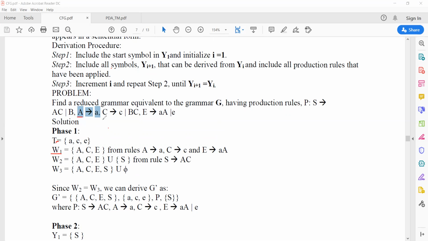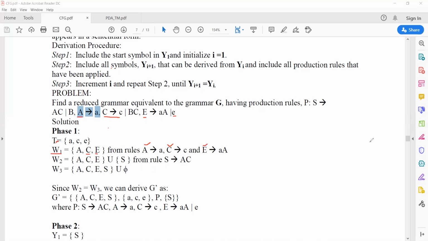Fine. C produces small c, so straight away C also produces a terminal. Now E produces small e, so I will put E in W1 as well. From that rule, I get that information and I am including it.